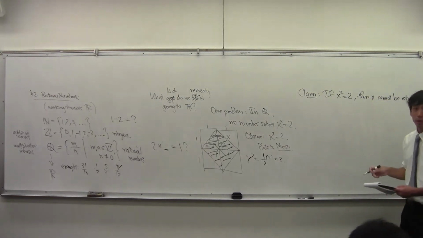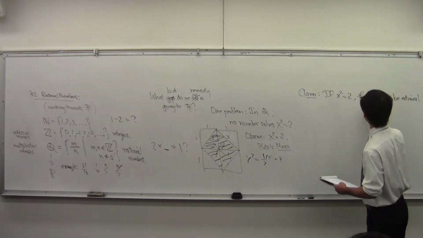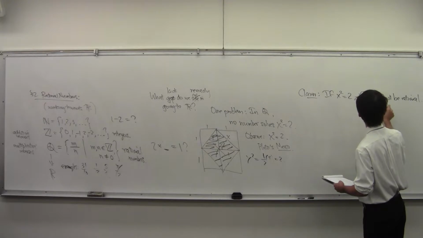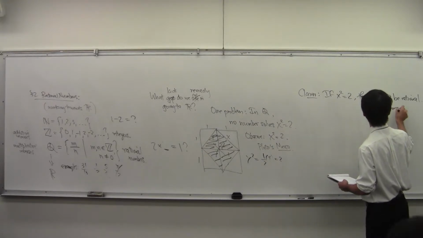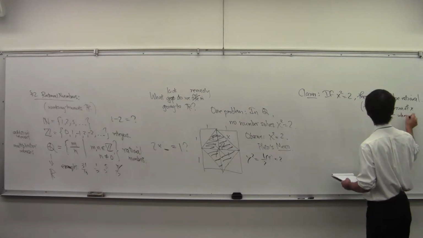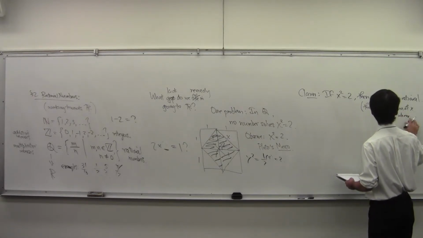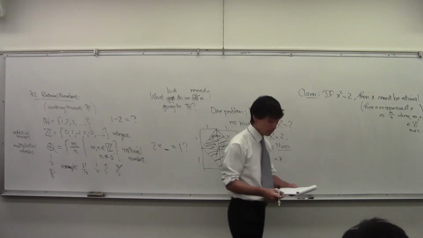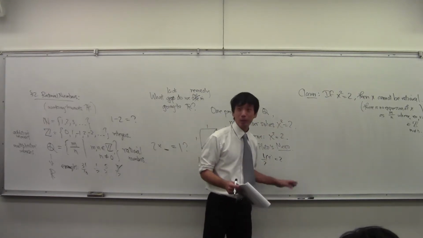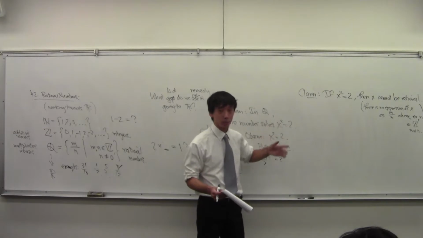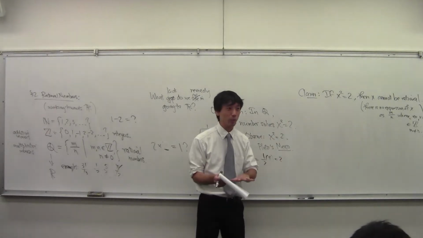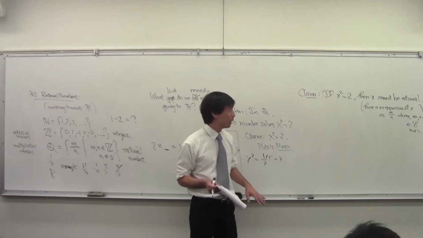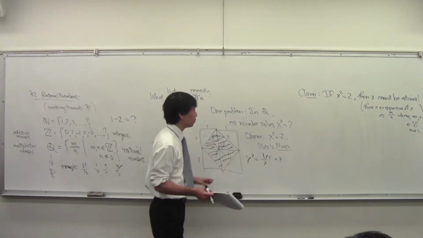Right? There is no expression of x as m over n where m and n are integers and n non-zero. So this was a famous result. It basically showed the Greeks that their number system had holes in it, and the story is that the